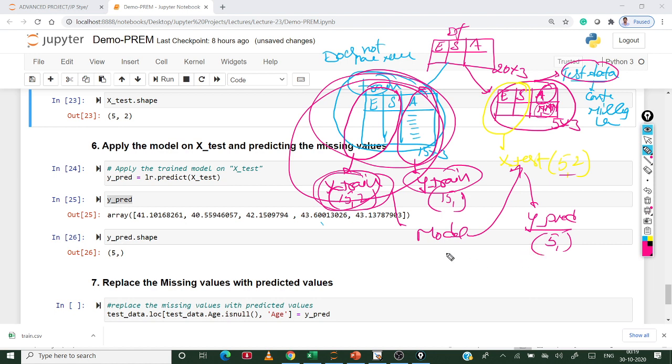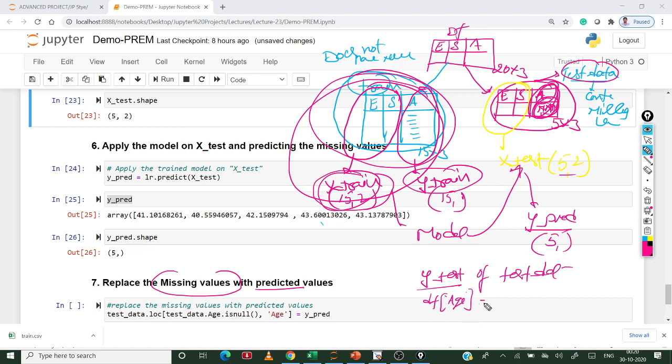Now step 7, replace the missing values with the predicted values. Here the missing values are there in this part. This part is called the Y test, the Y test of the test data. Y test means only the df of age under the test data.